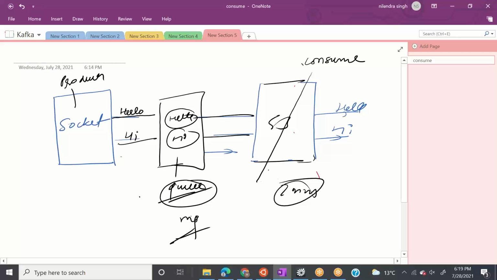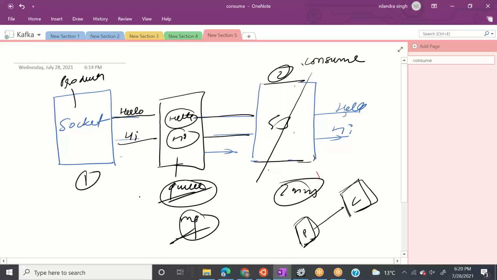So what are the benefits of having a message queue in between? The first thing is decoupling, or asynchronous messaging. This application and this application do not need to be in sync, right? So this is the first problem. The second problem with this approach, where there is no broker or messaging queue in between, with this being your producer and this a consumer, is that the producer and consumer need to process the messages at almost the same rate.